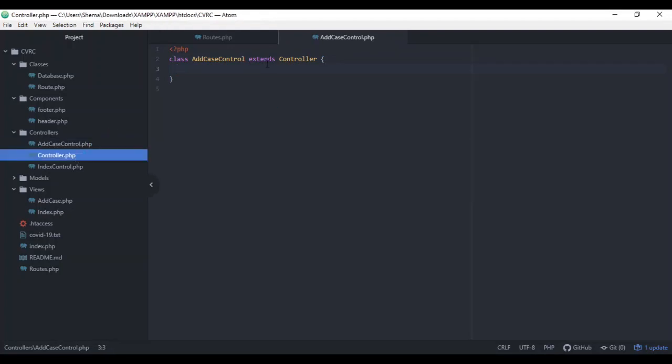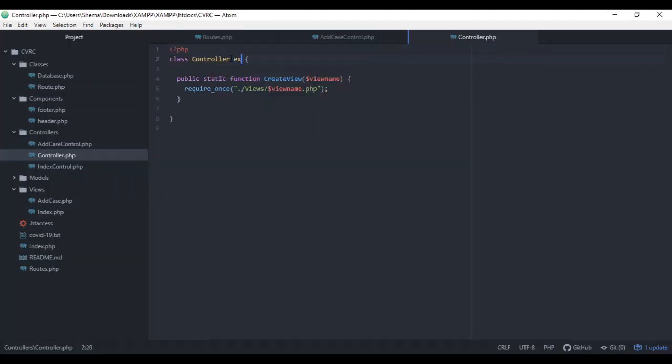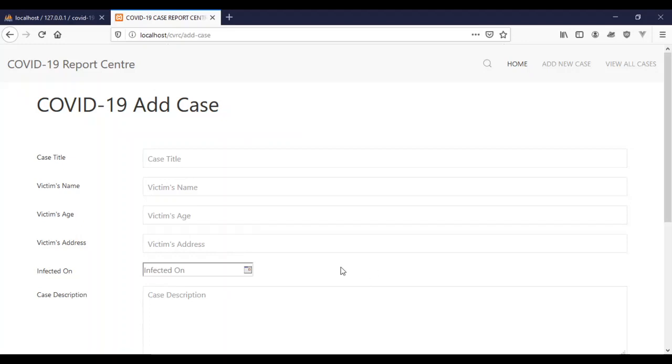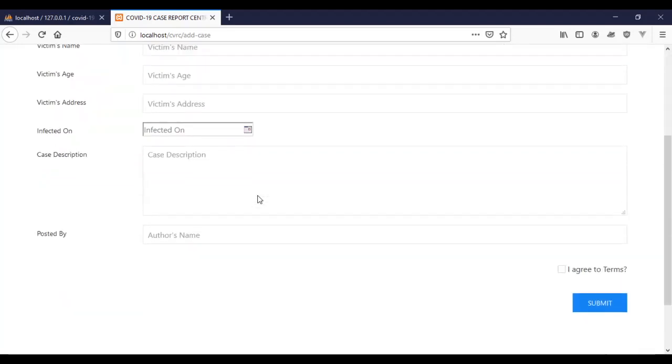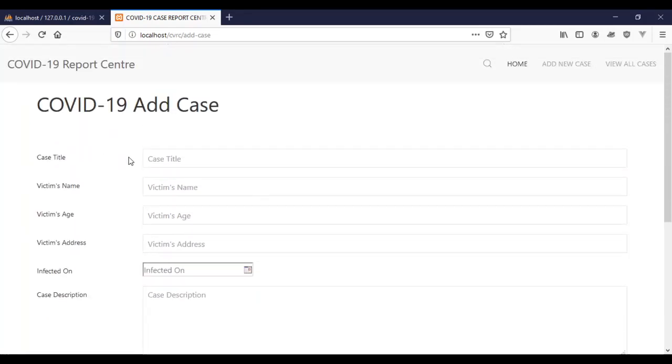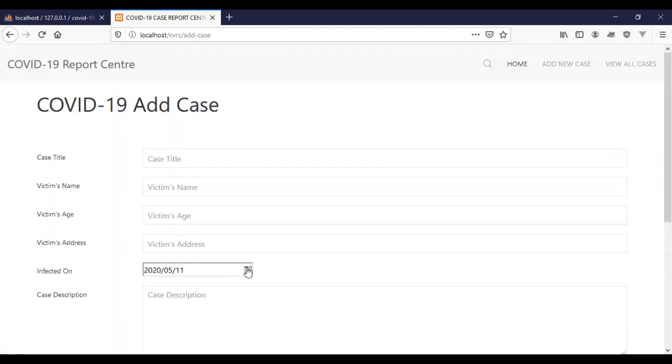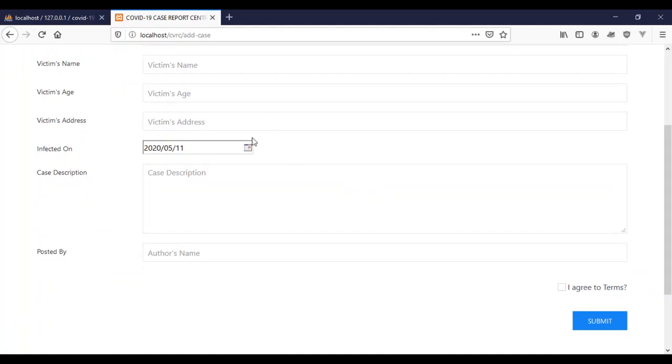And speaking about extending, I should extend the database in this one as well, as I said in a previous video. So just extend the database here, so that we'll be able to grab the functions from the database. Now if we refresh this thing, you can see the page not found there, as we would have put that in the condition. So this is what the thing looks like. This is basically what we're looking at for the add case: case title, name of the person, address, and stuff like that. The date picker, you just click in here, and it will just select it. You can put whenever that would have happened to them. So now that we have that set up, what I'm going to do now is just to grab the data, whatever data that is added in here,